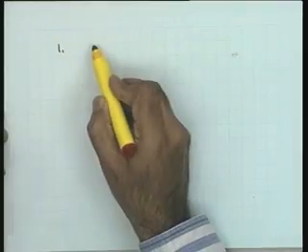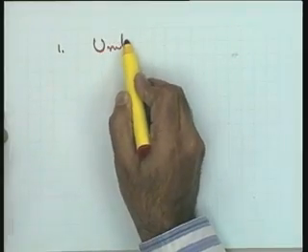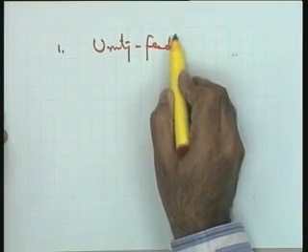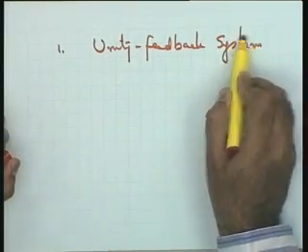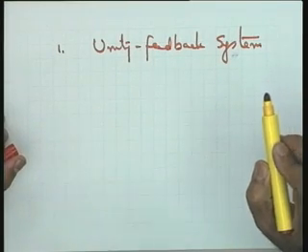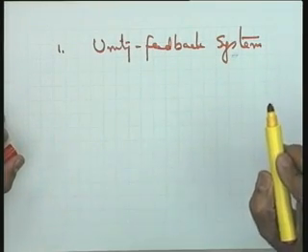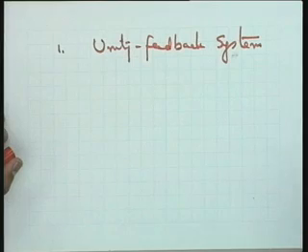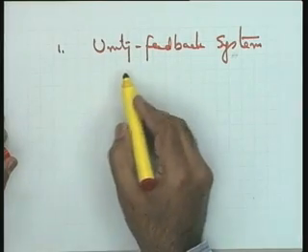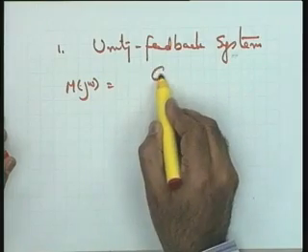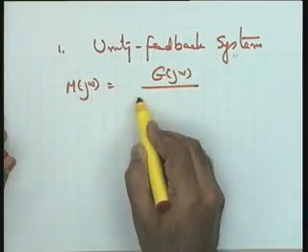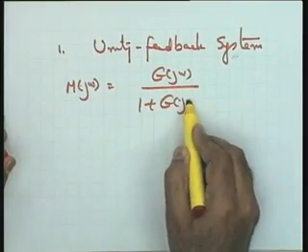Fine. You see, first of all I break this up into two cases. Case 1, a unity feedback system. The problem I want to solve is an analysis problem: given the open loop frequency response, how to get the closed loop indices Mr, omega r and omega b in particular. So, I first take the unity feedback system. It means the closed loop transfer function is M(jω) = G(jω) over 1 plus G(jω).